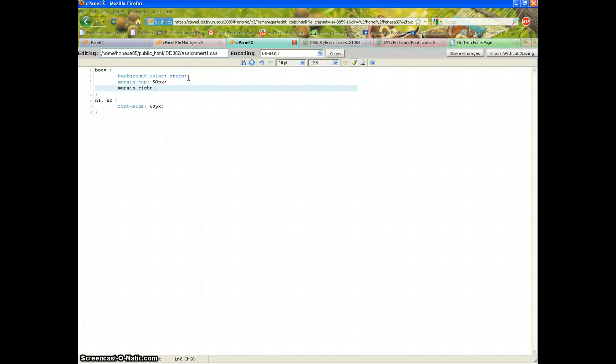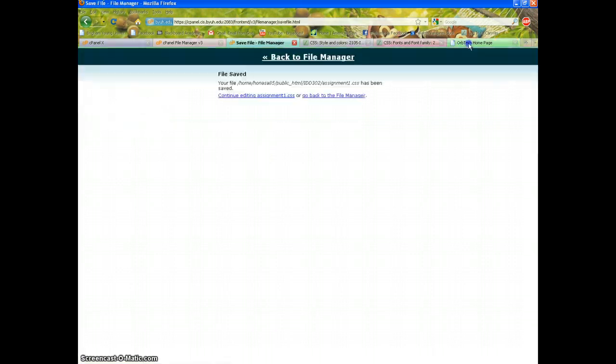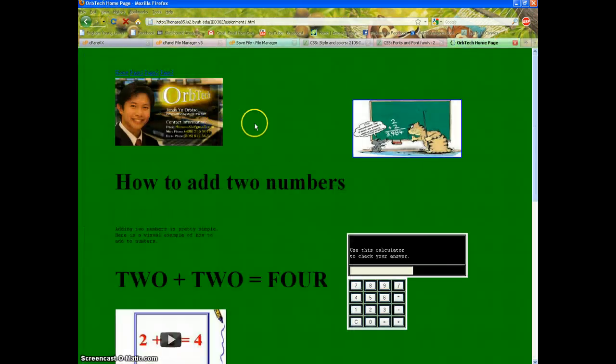I like to do it in a clockwise manner so that it's easy to remember. Margin-bottom 50px, and margin towards the left is 100px. So we just click save, refresh, and as you can see, it moved the contents of our web page